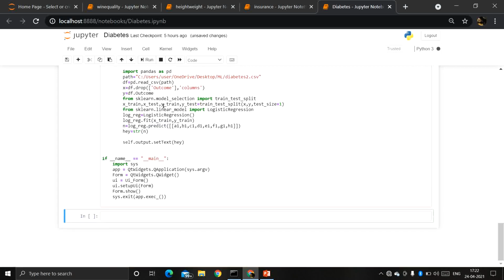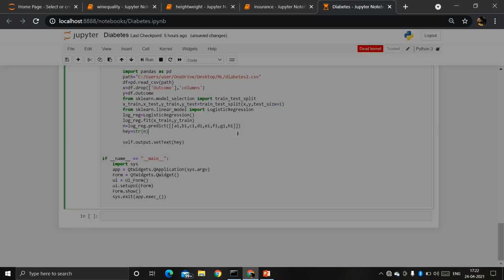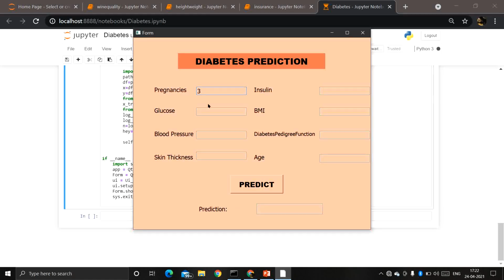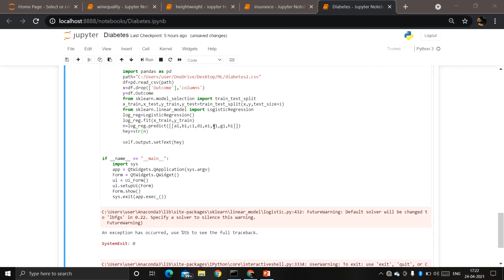So if I run this, I'll get the output here in binary. So this is logistic regression.